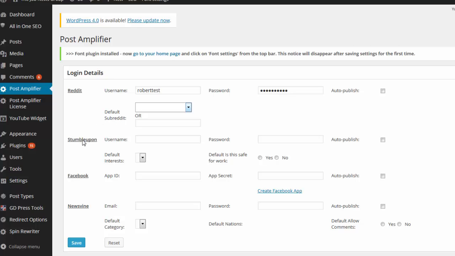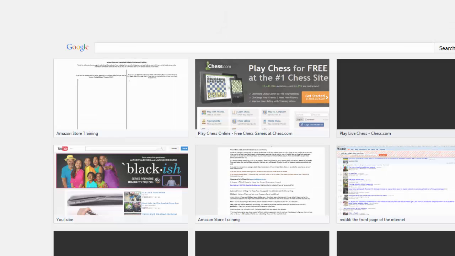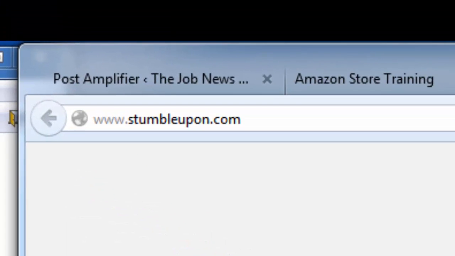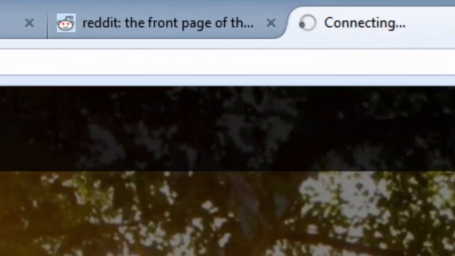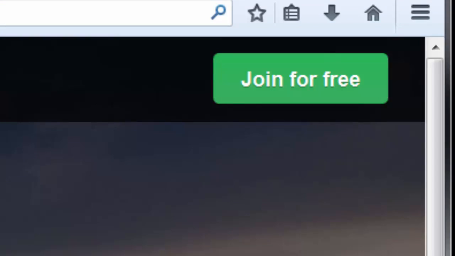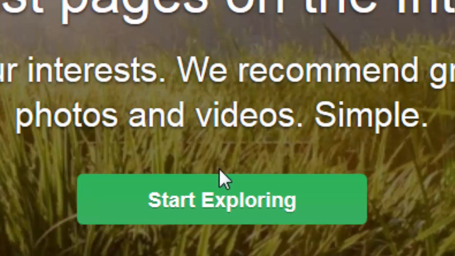Let's go next to StumbleUpon. In order to tell if you activated your account or it's working, just go to it and log in. So let's go to stumbleupon.com, number 2 on our list. I'm going to click Login. And what I meant to click on was this green button, Join Now for Free. In fact, if I go back to the home page, I can click on this green button,